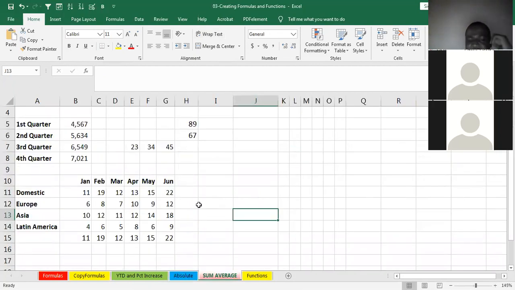I want to show us how to quickly sum up data. For instance, these are data, let's say these are cells for a year: first quarter, second quarter, third quarter, fourth quarter. To sum up this,